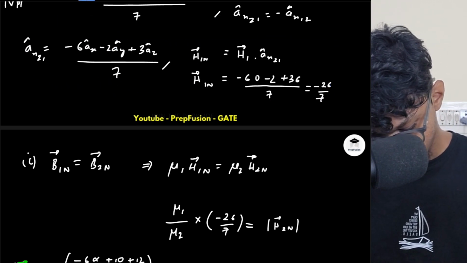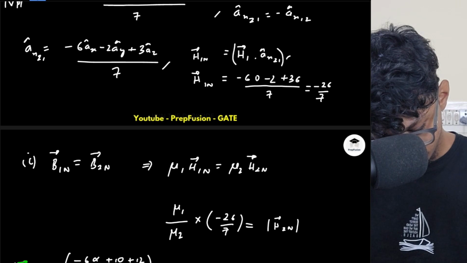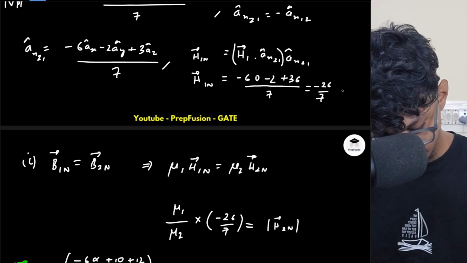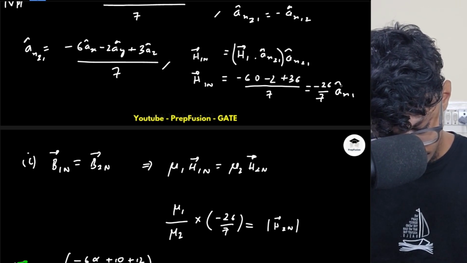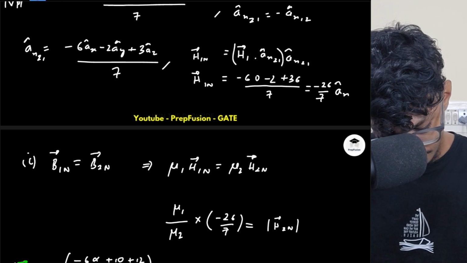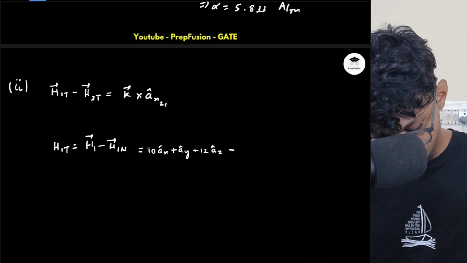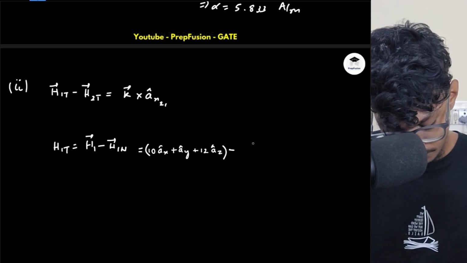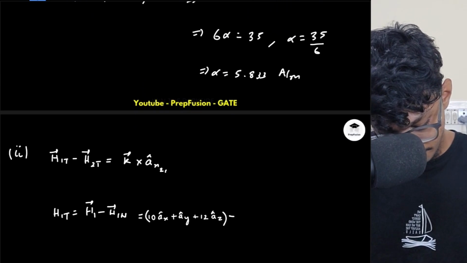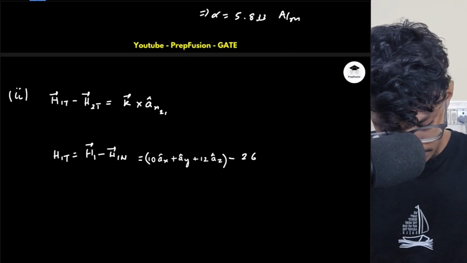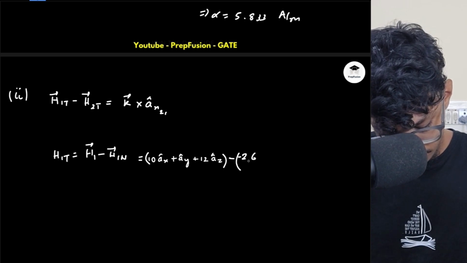I should have written this like this, that's the best way to represent this. an21. So this will be minus 26 by 7